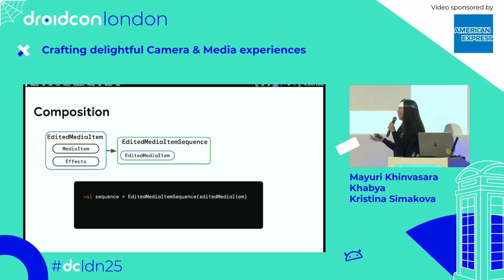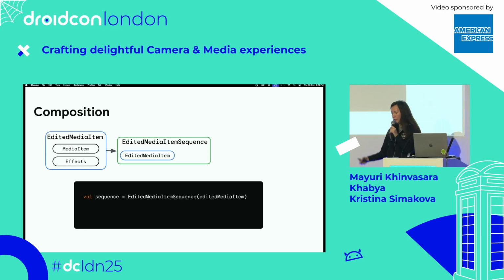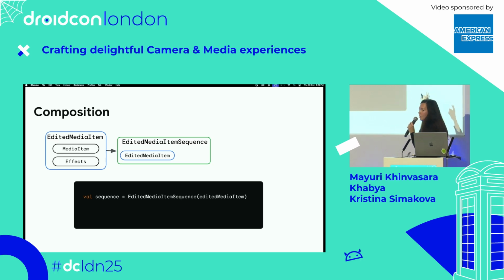It's not that simple. We have one edited media item, we have effects, and we need to arrange it in time. That's why we create the edited media item sequence. For this simple example, we're just putting one item in one sequence. But if you imagine the Google Photos app and memory sharing, you can share several video clips at the same time. You probably get these prompts from Google Photos all the time. You will have 10 or 5 edited media items as part of an edited media item sequence. That's also how it looks in code.